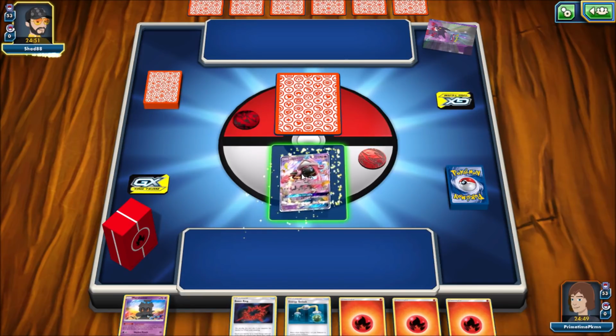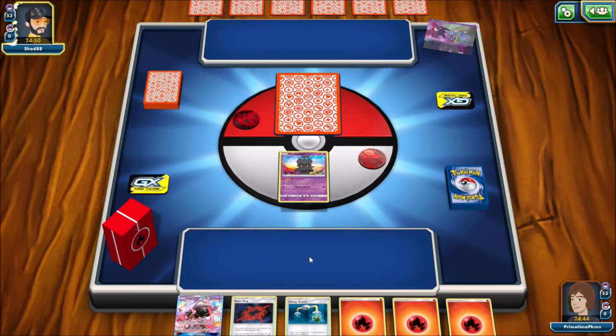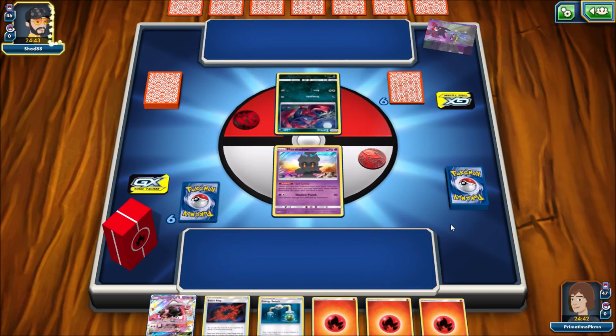Probably the Tapu Lele and then let loose hoping for a supporter. That's probably the riskier thing to do. I'll just go like that, just to guarantee myself a supporter. Not a good start though, having to put out both Marshadow and Tapu Lele GX, but as you can see,